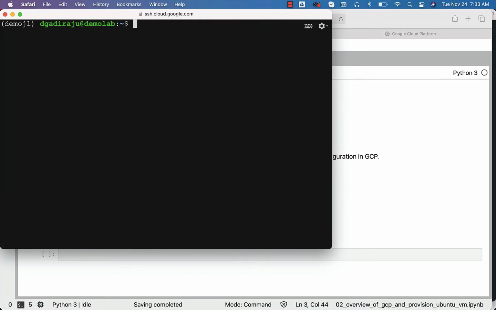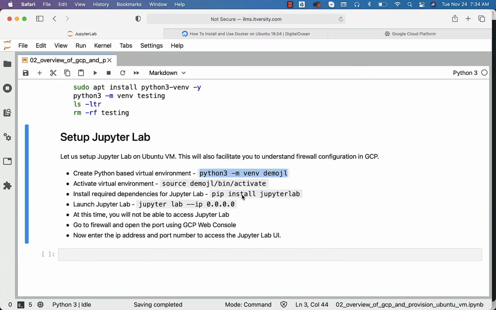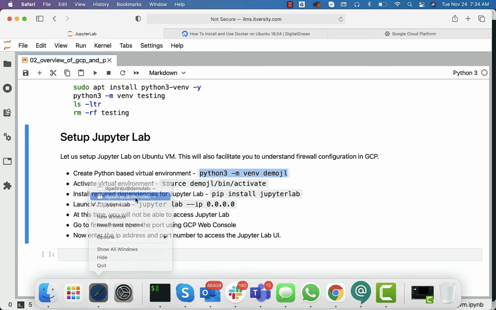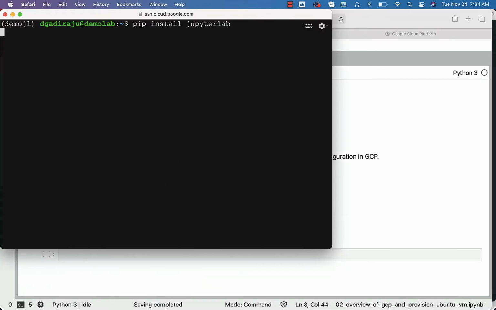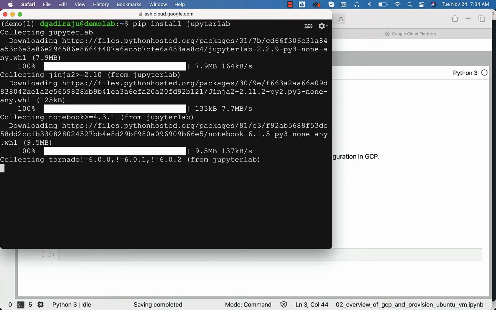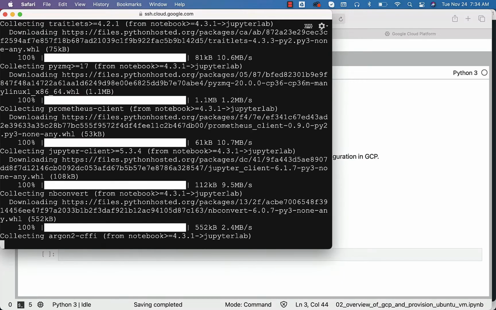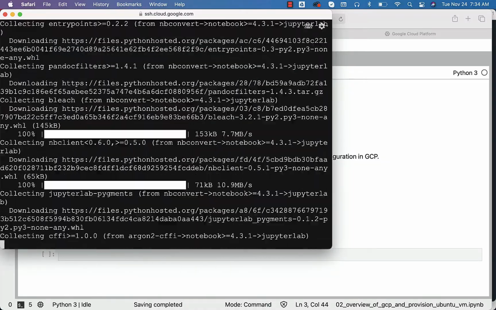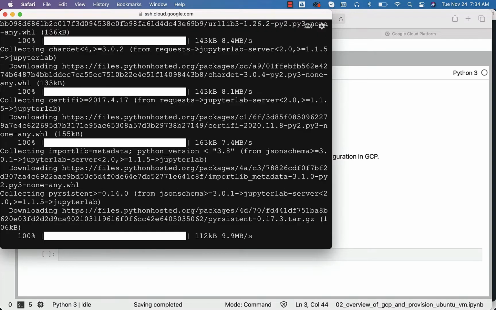Once the virtual environment is activated, you should be able to run commands such as pip without using the python -m command. I can say pip install. In this case, I want to install Jupyter Lab, and hence I can say pip install jupyterlab, and it should take care of installing Jupyter Lab for us. You can hit enter. It will take a bit of time to install Jupyter Lab and also the other libraries on which Jupyter Lab is dependent. We just have to wait until all these libraries are installed. Then we should be able to take it further.